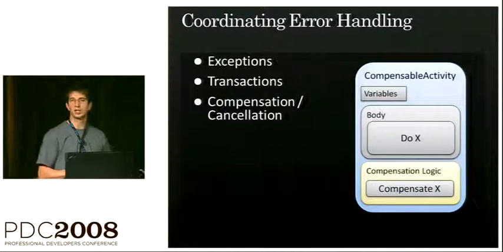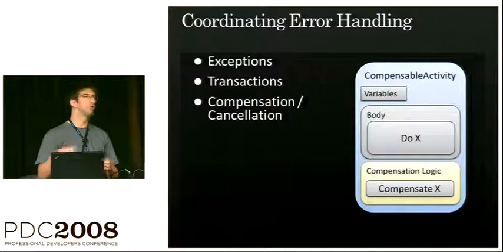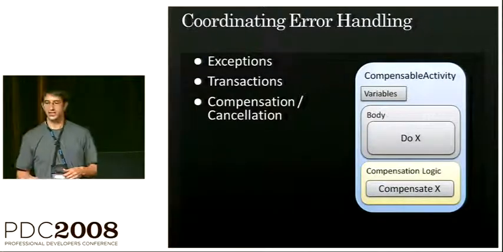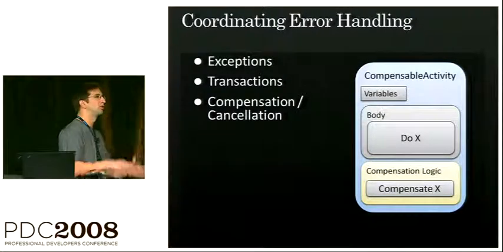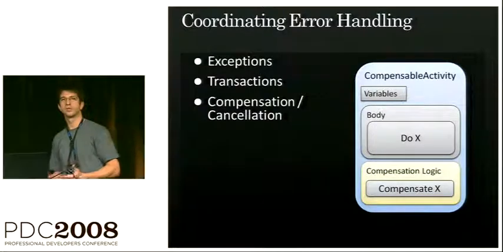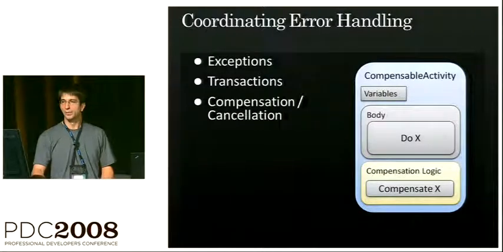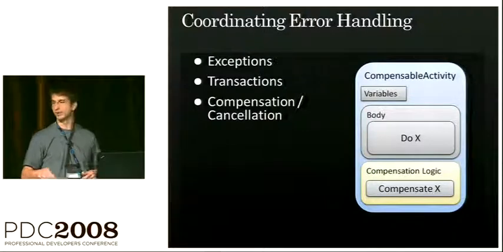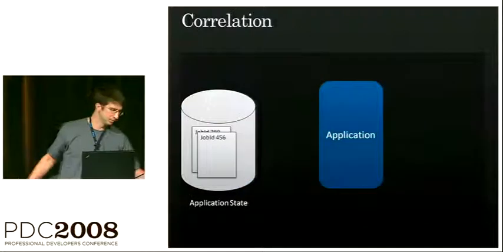The compensation logic is co-located with the logic that actually acts or performs the work that you want. And the framework is responsible for the compensation and cancellation protocol. Again, for rainy day scenarios, we're pushing the coordination of work into the platform while allowing you to express the logic of your services much more succinctly and clearly. Cool. So we're getting these benefits for async. We're getting these benefits for error handling. What about those other scenarios that require coordination?